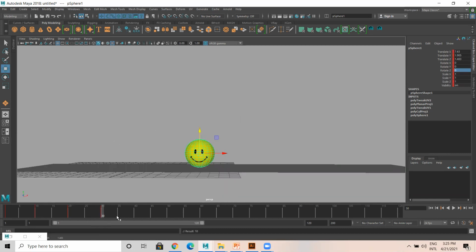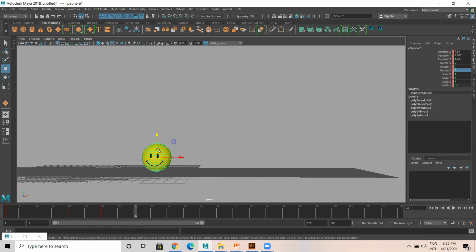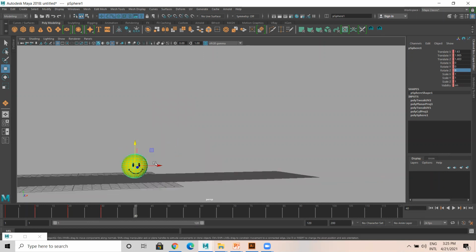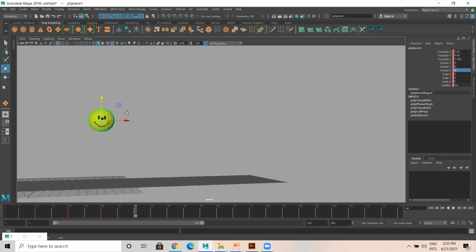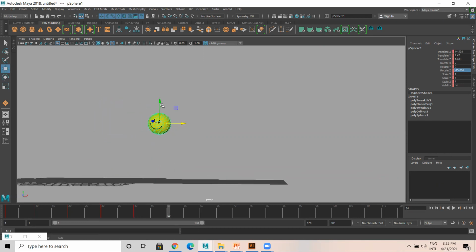Save. And 30 to 40. I'm just doing a blocking, kind of main keyframes. Okay, later, we can fine tune this. It's like this.